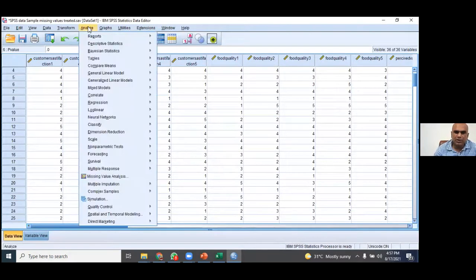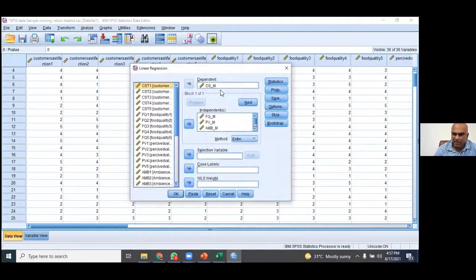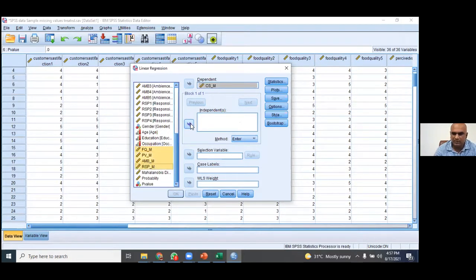Some people would like to run the VIF value to check correlation. Analyze, regression. Okay, so if I want to check correlation through VIF values, let's go to regression and then linear, right? Again, I have everything set up here, but let's reset just to show you again. I put customer satisfaction as dependent, and this is independent, right? And I will go to statistics,